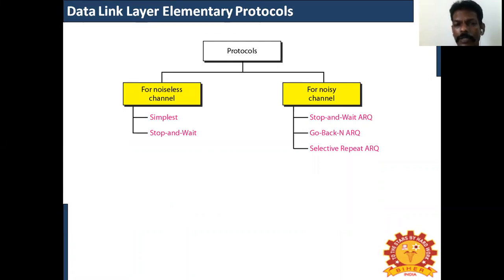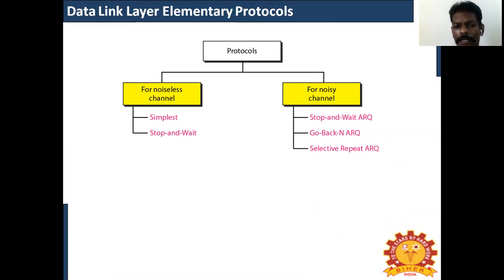In the network layer, we are going to see about IP, that is, internet protocol. In the transport layer, we discuss TCP and UDP, that is, transmission control protocol and user datagram protocol. And then in the application layer,